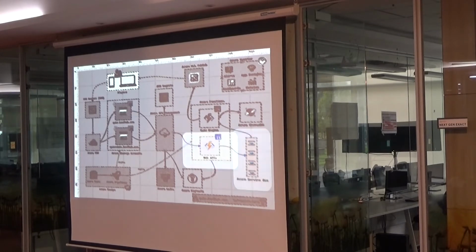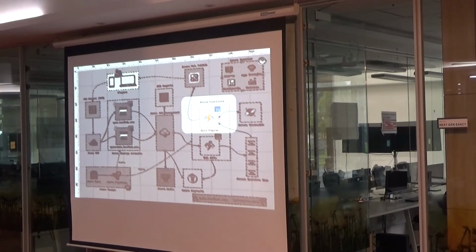Requests are queued. Say a question comes, 20,000 people are playing, and they all submit an answer. I'm not going to process all 20,000 in one go. I'm going to queue those requests into what is called Azure Service Bus, which is a fancy name for a queue. Then we dequeue in batches of hundreds and process the answers.